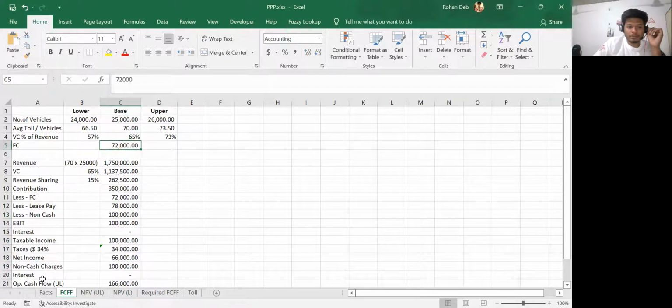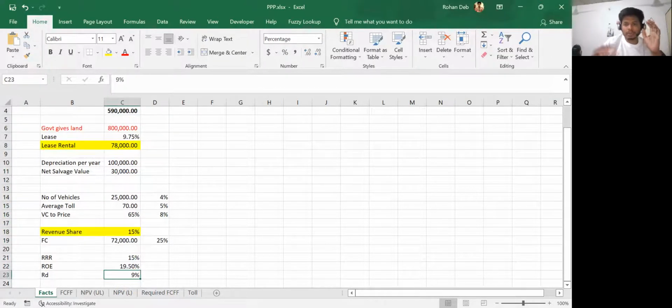FCFF. So basically, what we are trying to do is, let's say this is the timeline. Okay, I don't have anything right now to show a timeline, but let's say this is the timeline. On the 0th year, you are putting money. Every year you're getting money back from the project. On the last year, you're getting money back, as well as whatever you invested, that money you will get